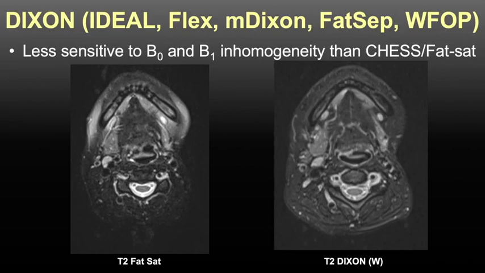So this is a comparison between a T2 fat-sat image on the left and a T2 Dixon pure water image on the right of the same patient. And as you can see, at the level of the upper neck, because there are these anatomic variations between the chin and the rest of the neck, you really lose fat suppression in this perimandibular region around the chin. Whereas on the Dixon technique, you have fairly good uniform fat suppression, and these little submandibular lymph nodes can